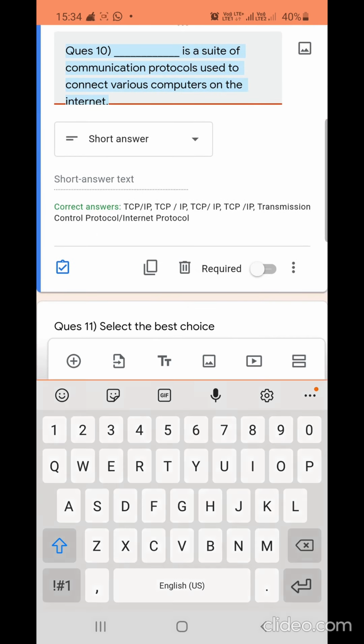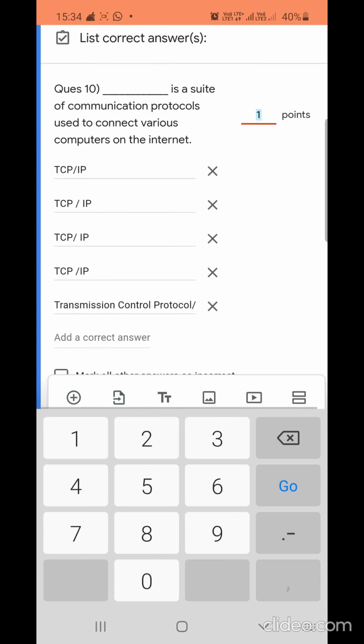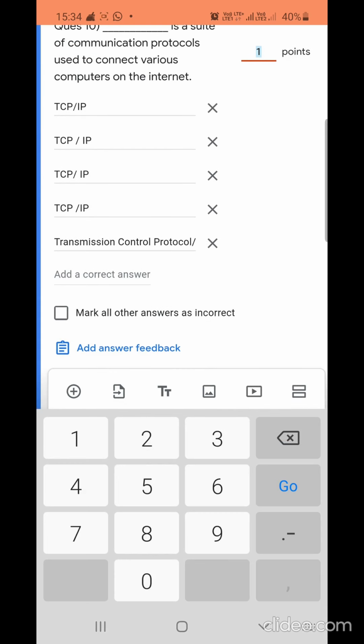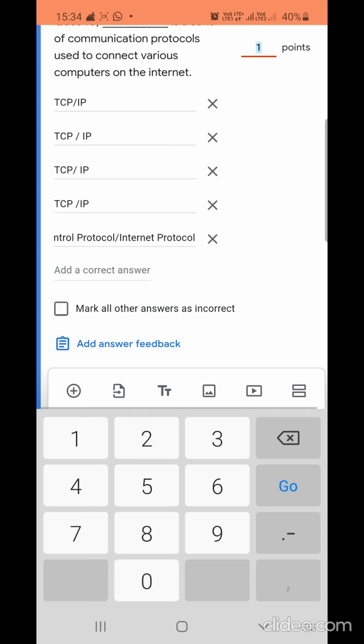Here also I had tried to put the maximum combinations of TCP IP. But one of the girls answered transmission control protocol and in the bracket TCP, and then internet protocol and in the bracket IP. Her answer is correct, but it is marked as incorrect.